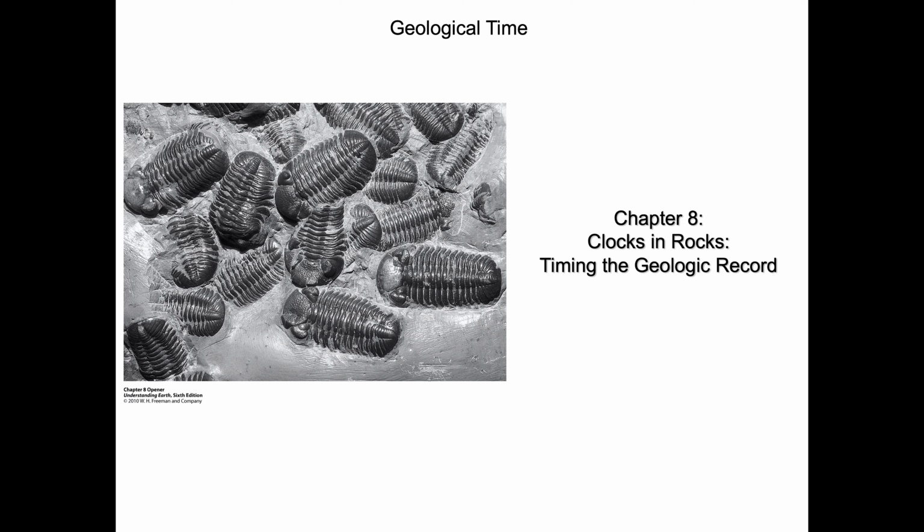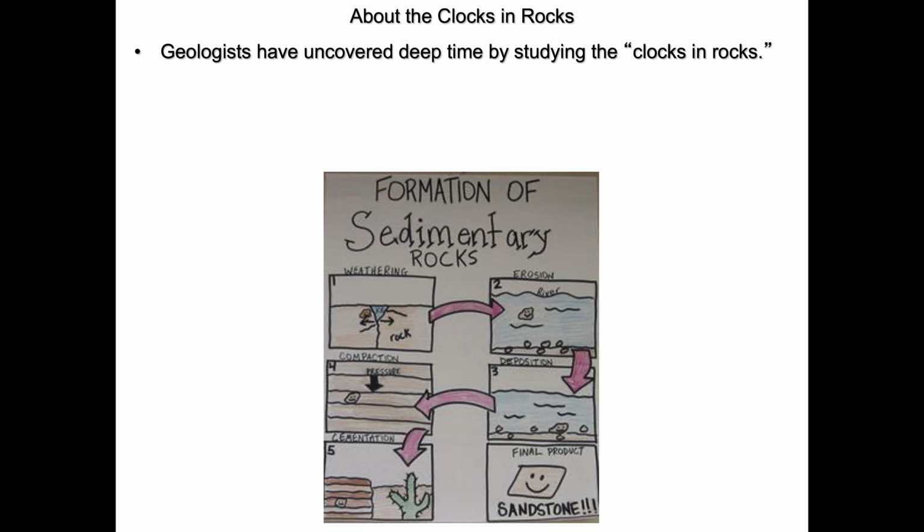When we talk about clocks and rocks, we're talking about the discovery of deep time. Geologists have made this discovery over the last few hundred years. And in some ways, this concept goes back about 2,000 years. These clocks can be used to measure the duration of geological processes, plate tectonic activity, for instance, and cycles of the Earth system, the orbital control of the Earth's climate, or the timing of extinction events. Those kinds of things can be derived now that we've improved our ability to look at time in the geologic past.